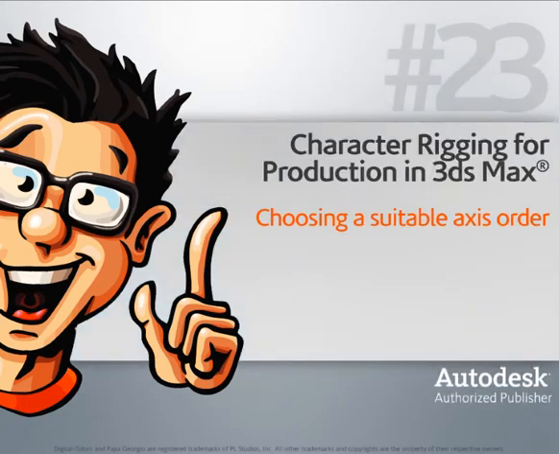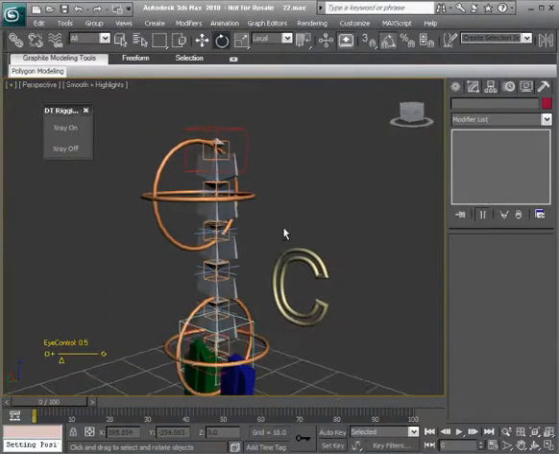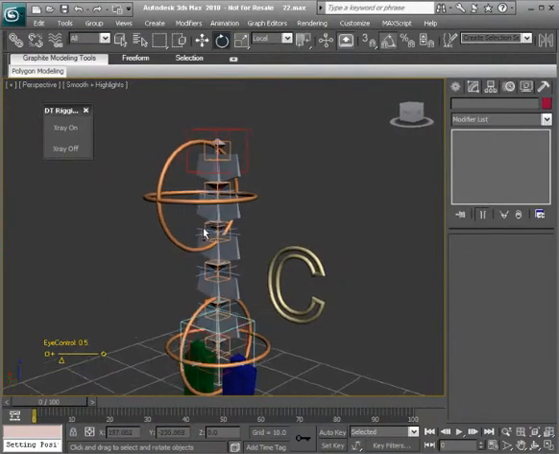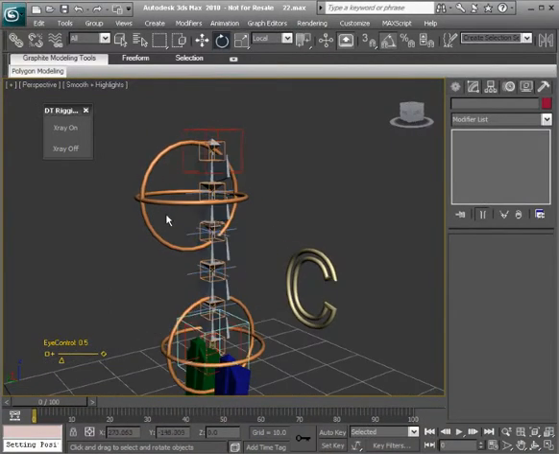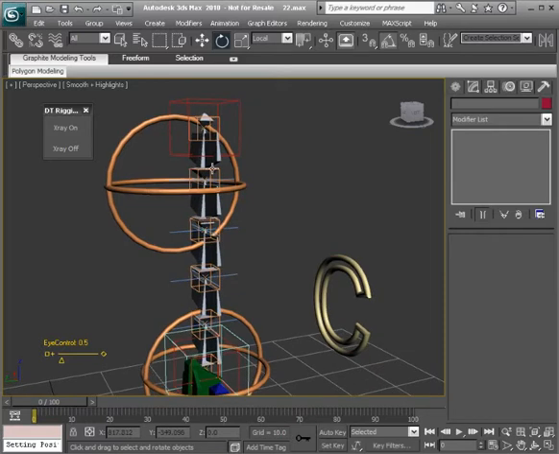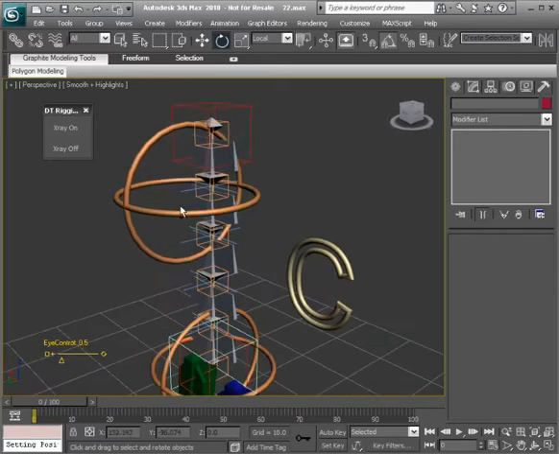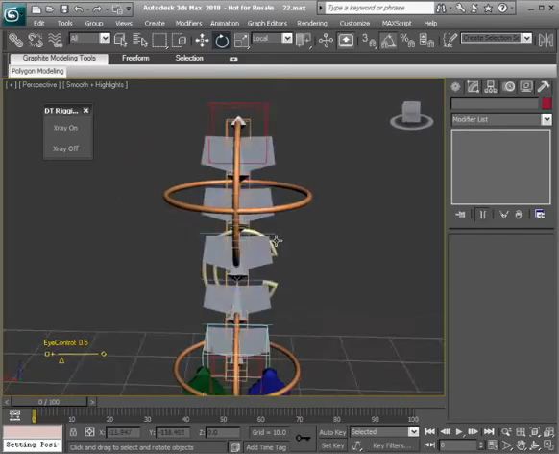Choosing a suitable rotate order is as critical as the control rig itself. We need to make sure that we can avoid gimbal lock as much as we possibly can when rotating our controls. So that's what we're going to go ahead and discuss in this lesson. Again, the main reason why we'd want to change our rotate axis order is so that we can avoid gimbal lock as much as possible. It's not totally unavoidable, but we can do a good job at removing that problem from our control rigs by,